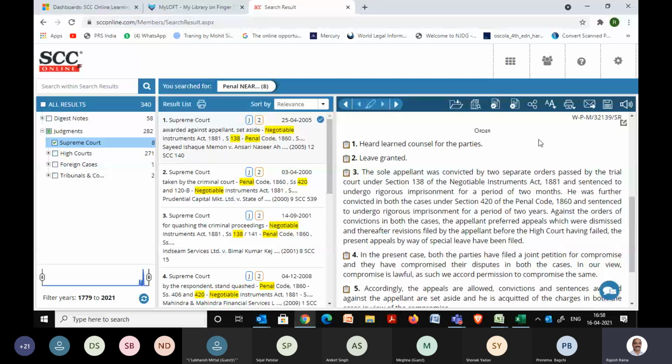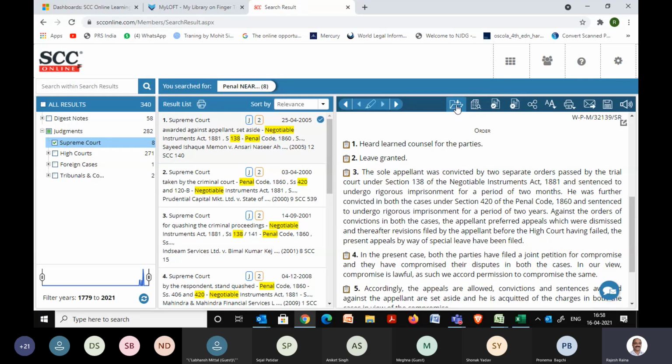Apart from that, as I told you in the beginning, this first icon that we had was saving. So it will individually save all the judgments in a particular downloads folder or something like that, right? But if I want similar types of judgments, or maybe even articles, or maybe tribunal decisions in a single folder, so it's easy for me to locate it next time around. So creating a folder in SCC is possible.